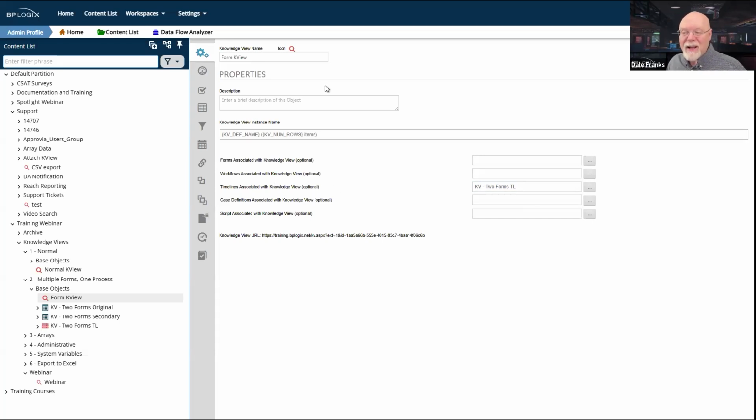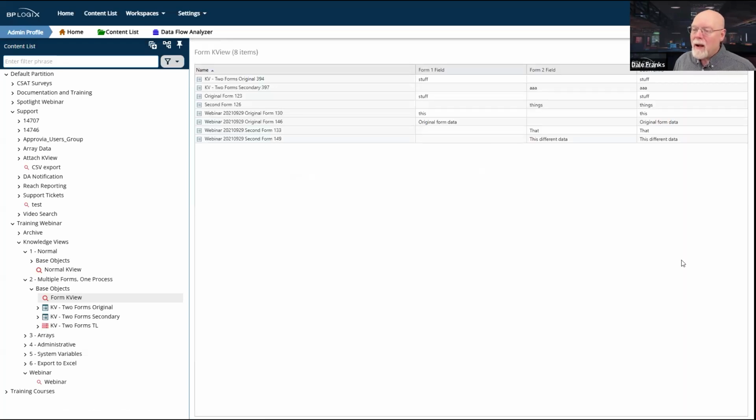Now, again, there's the complicating factor of the form fields. Now, on both of these forms, I have a form field. Let's update and run it. I have a form field called input 1. I didn't get creative with the names. So there's an input 1 in form 1 and an input 1 in form 2.